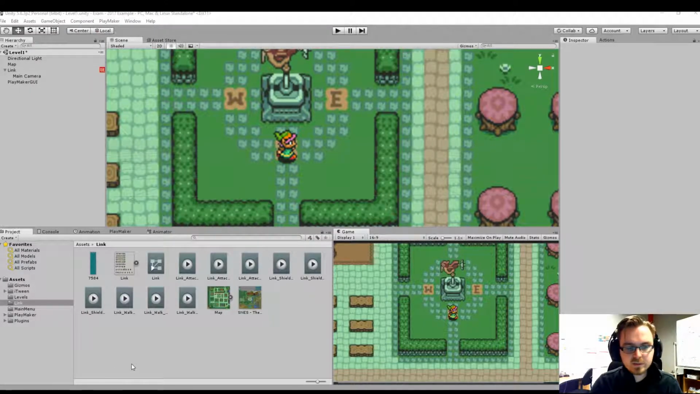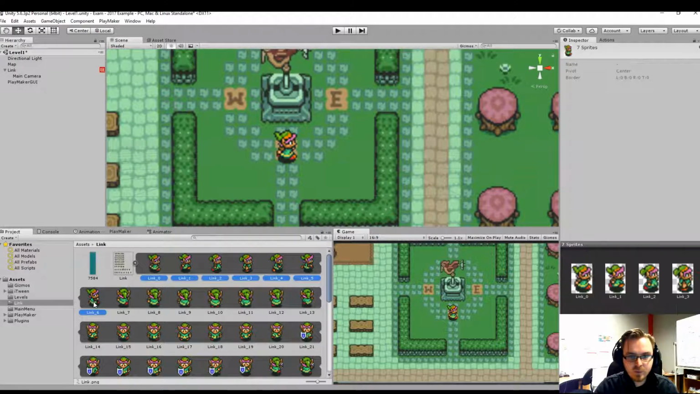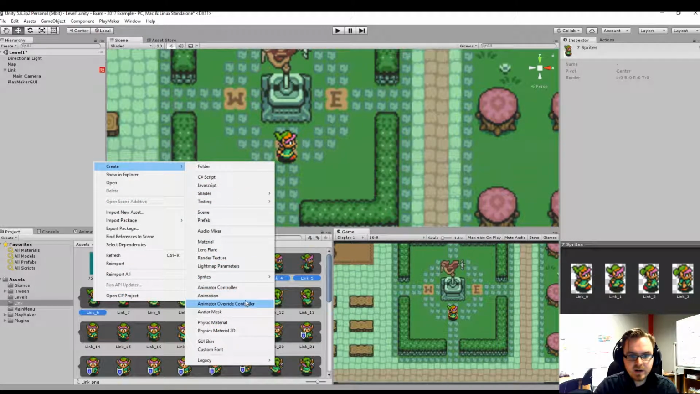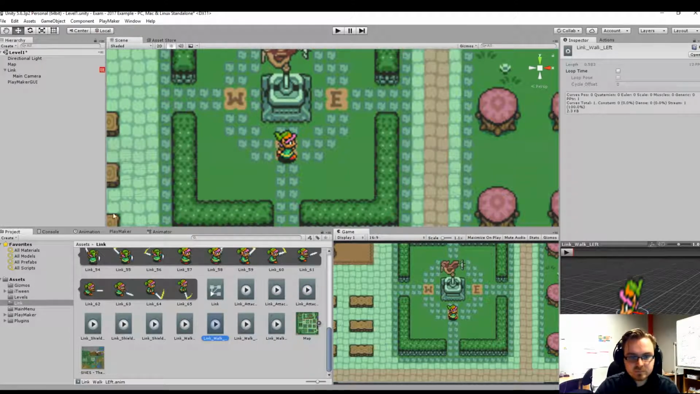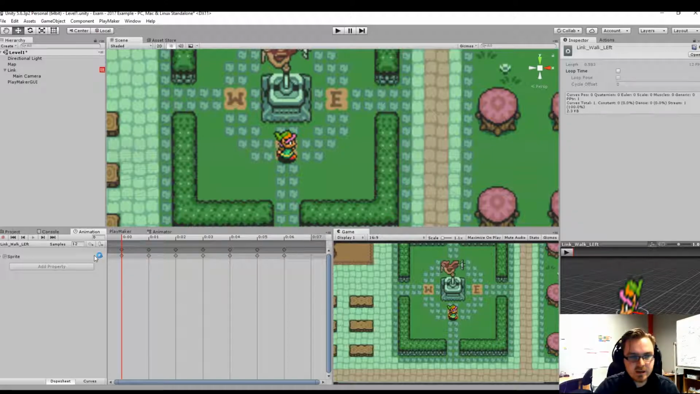Okay, so we still need to fix the walk link left. To do that, we're going to grab his walk right, create an animation, and call it link walk left. And inside our animation tab, if we select the link walk left,